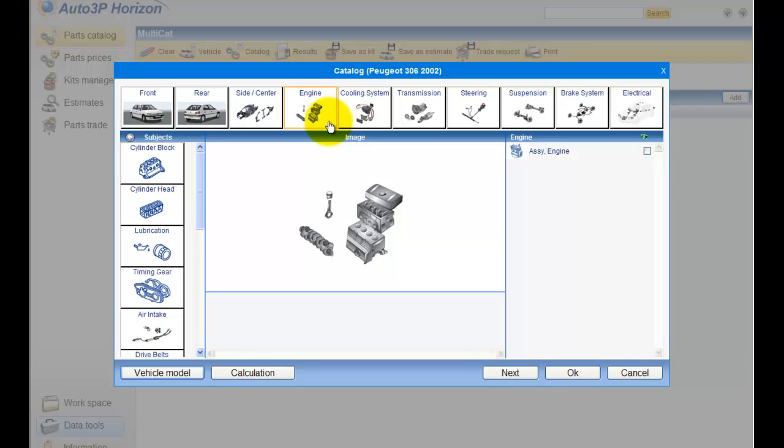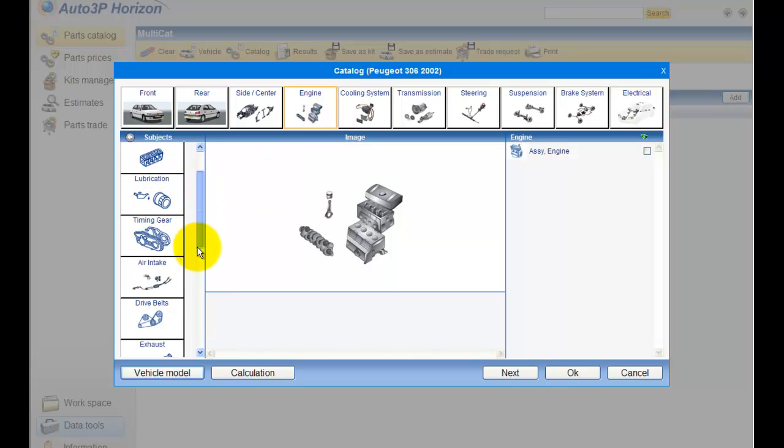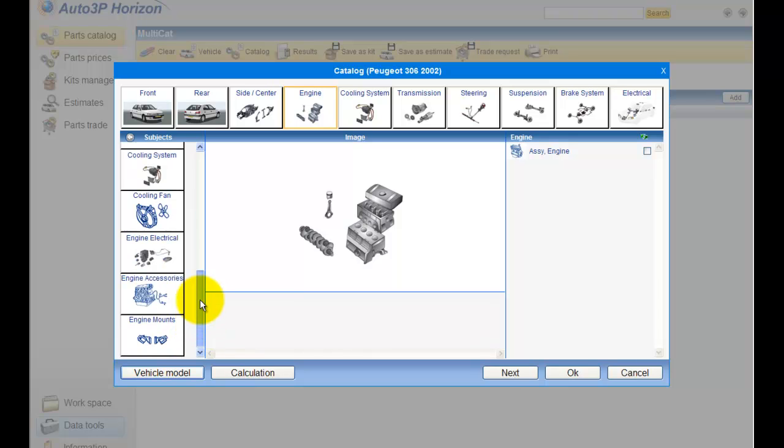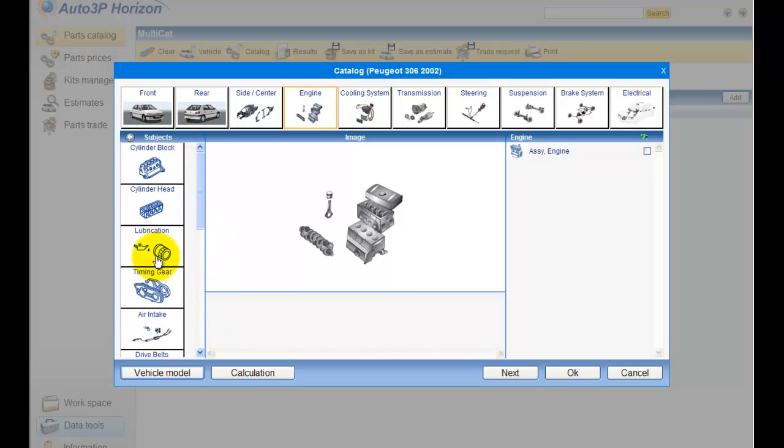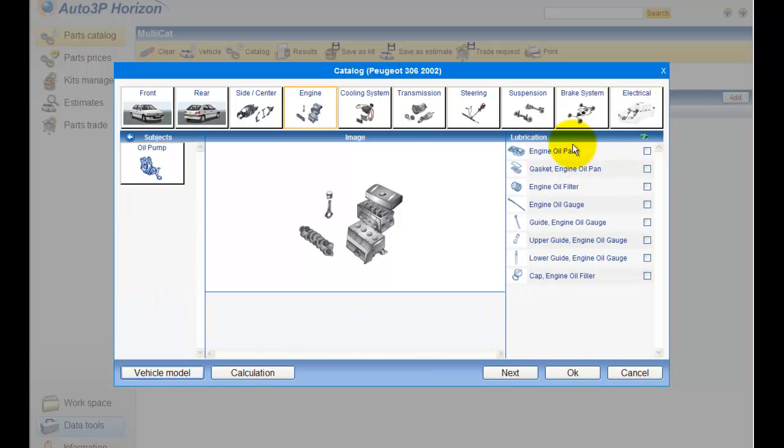Whenever we click on a category, it will change the subject accordingly, and it will change, of course, the parts that we will find, for example, like these. Now,